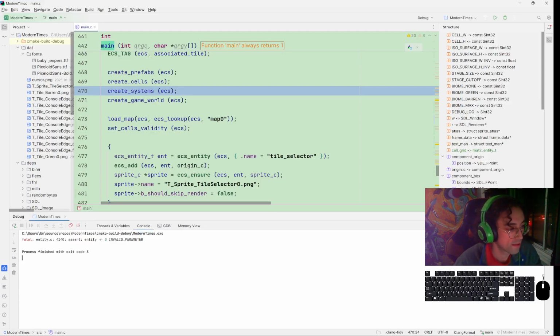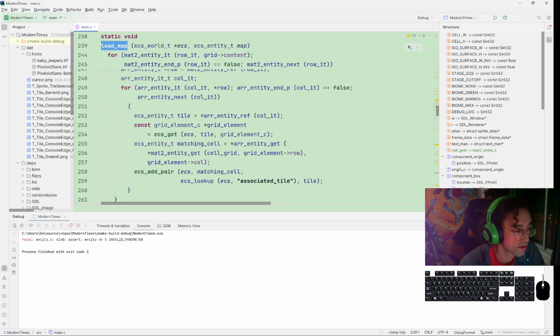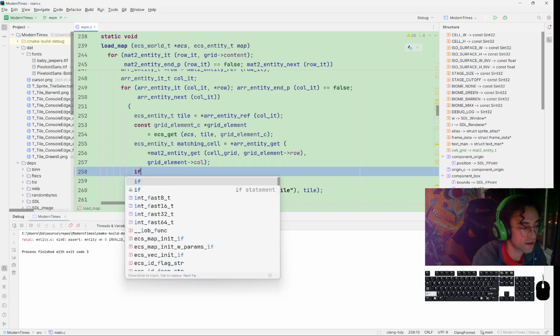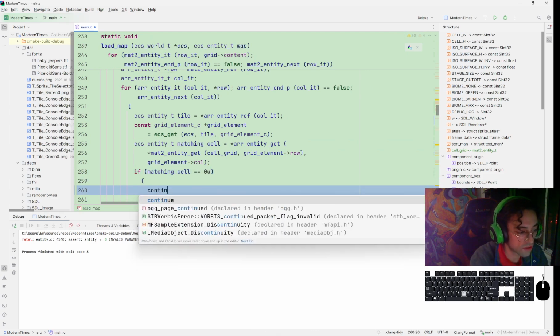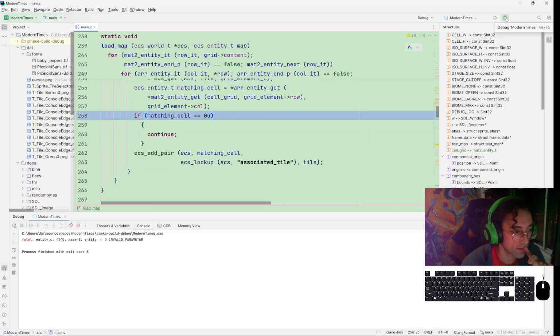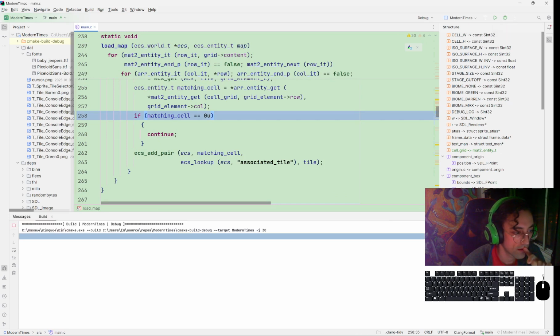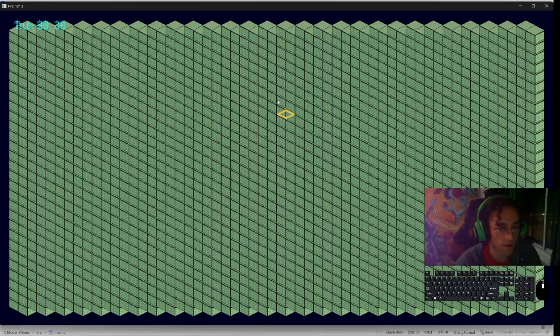Oh. We have a similar problem, probably for similar reasons. So, I think, yeah, here the matching cell. We're going to say if the matching cell, the same thing, I bet. So, matching cell is not equal to 0. If it's equal to 0, let's just skip, because these are just out of bound. Alright, nice. Now,